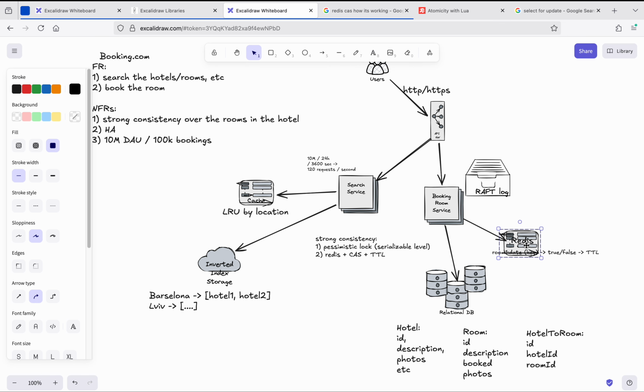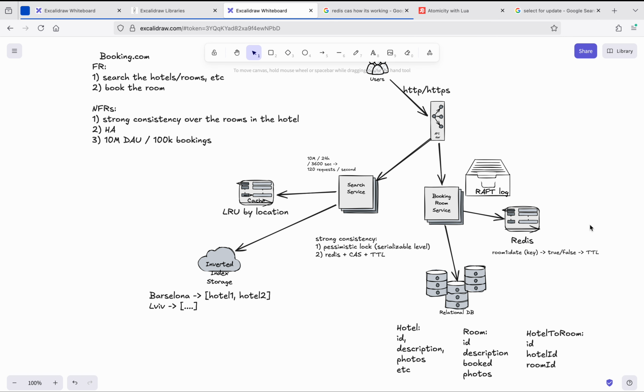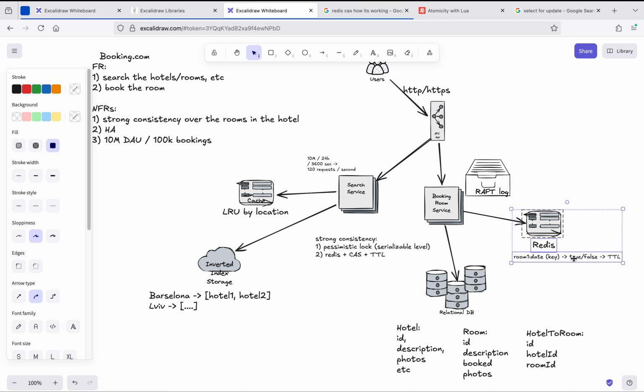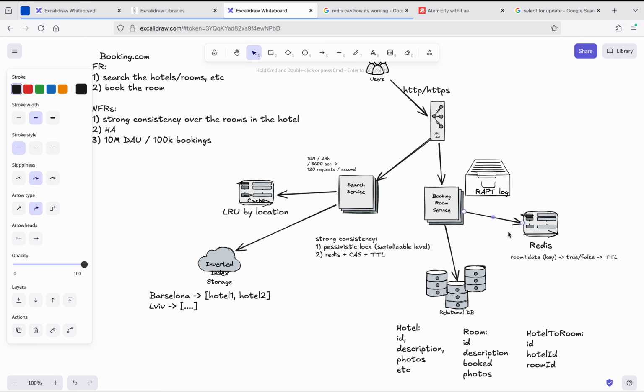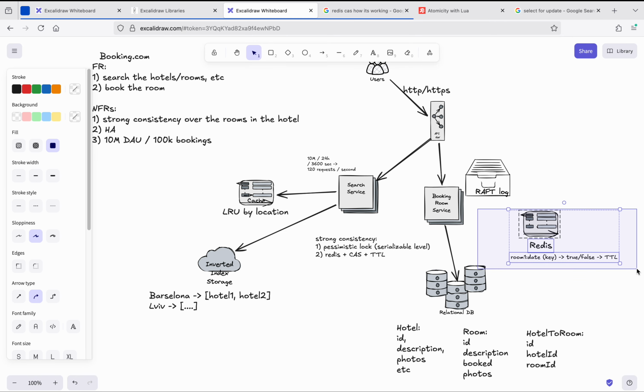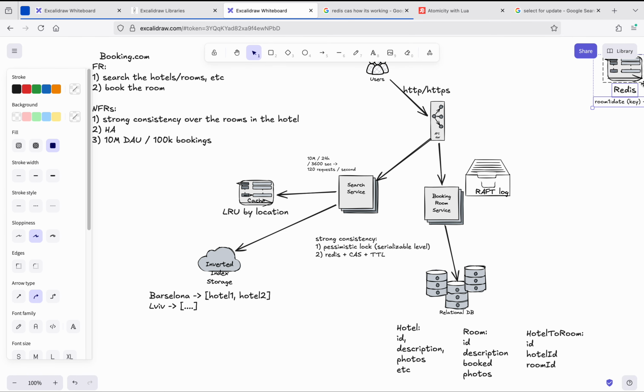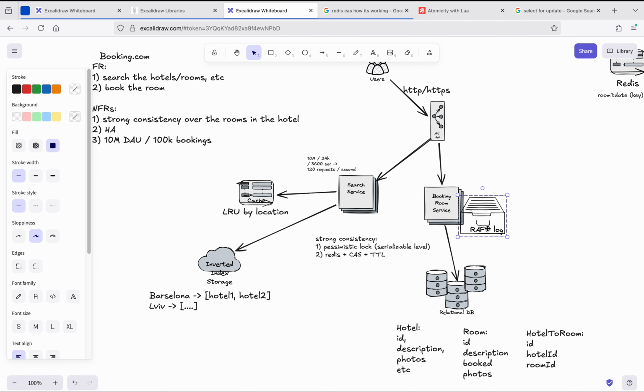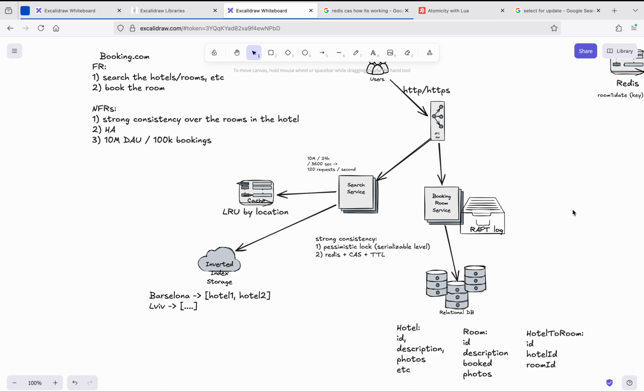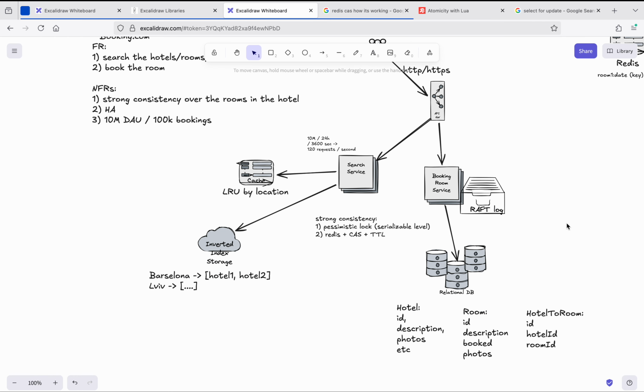And so in addition, we may escape ourselves from this Redis solution. So let me move it to some other part of the screen. Currently we don't need it. Let's move it here. And let's imagine that our service supports the Raft log. So what is the approach that will be